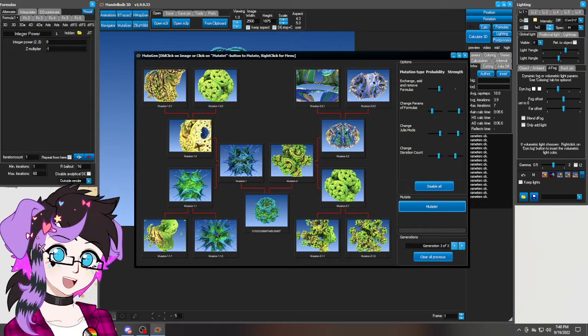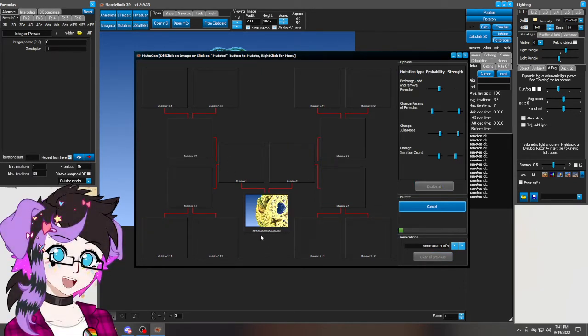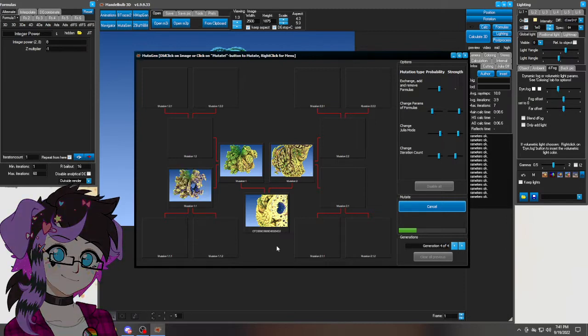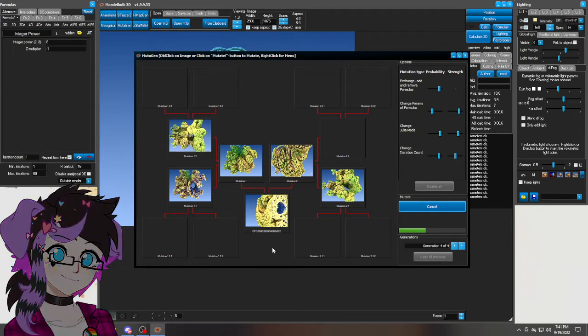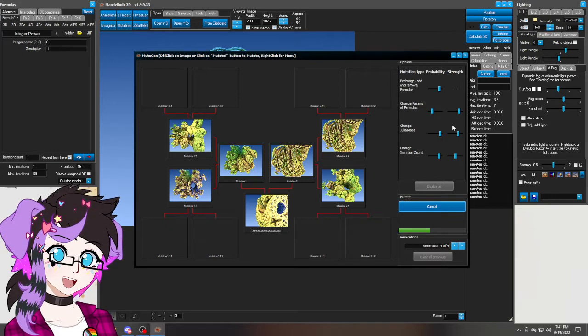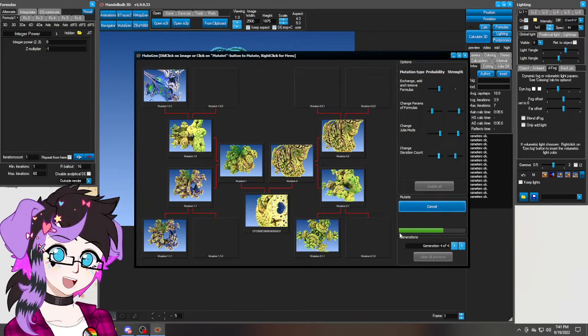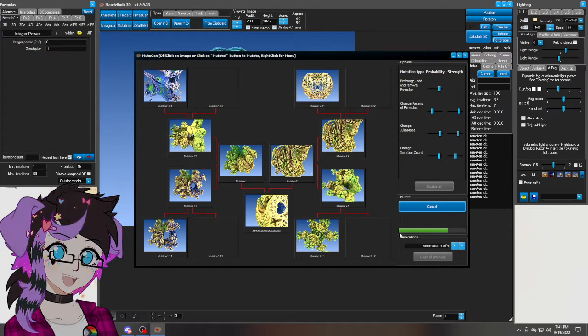I love this right over here. So what you can do, you could go send the main editor or copy parameters to clipboard, or you could double click the image and it will take this image and make more generations of that particular mutation. So you can see that you can have tons of fun in this just by messing with these four mutation type bars. What I love to do is once we let this load up a little bit more,